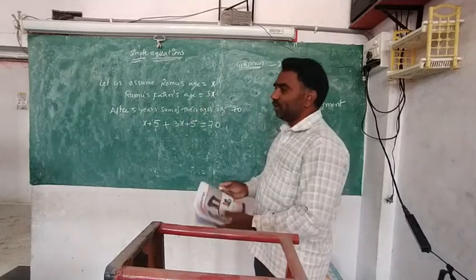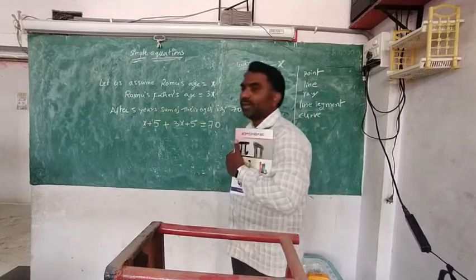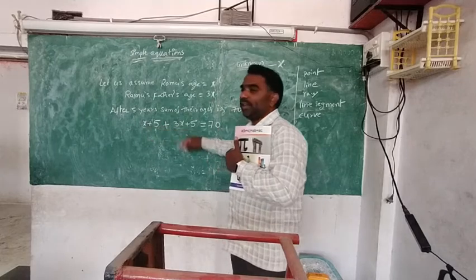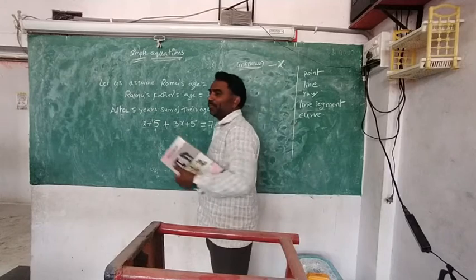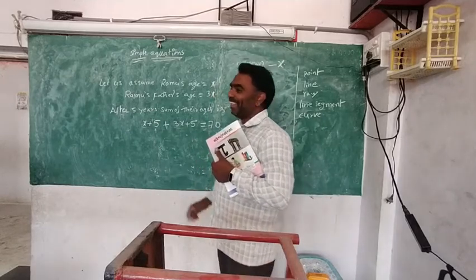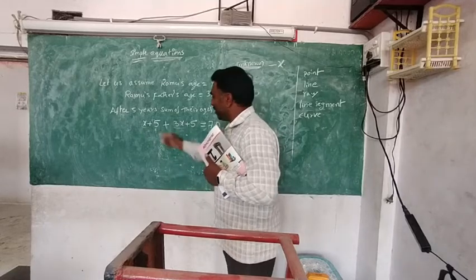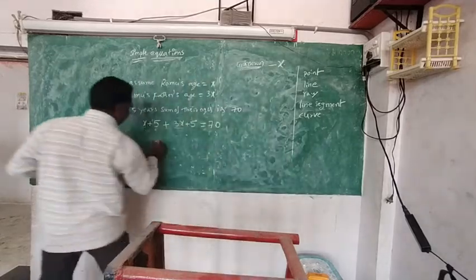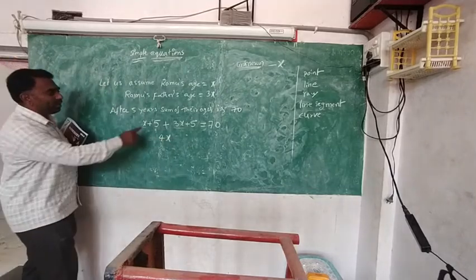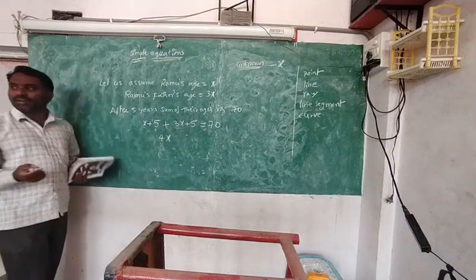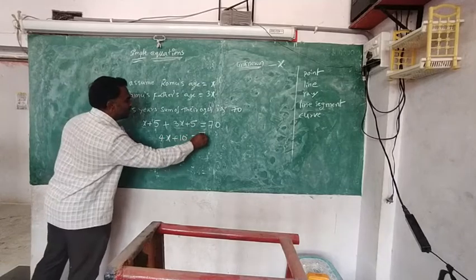So how do you write it? Again you can simplify something here. Here, chocolates are there: 1 chocolate, 3 chocolates. Maybe Lokesh is thinking chocolates are there and he will come and take them. Don't take. If you take, the mathematics will go. 4 chocolates are there, so what will you write here? 4x. And numbers are also there: 5 plus 5, that also we know mathematically, plus 10 is equal to 70.